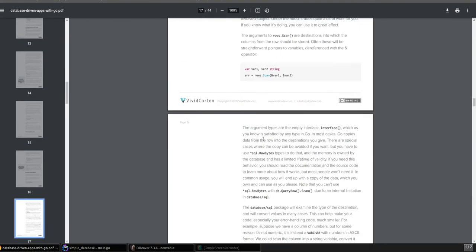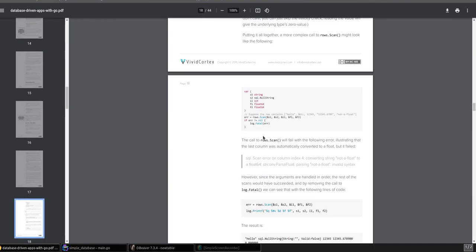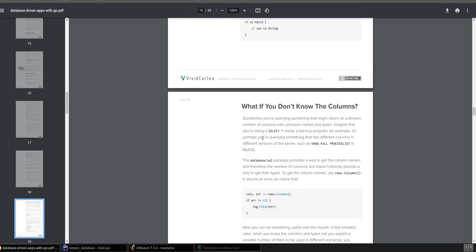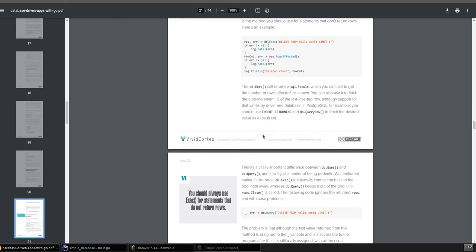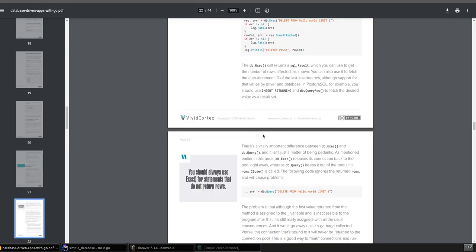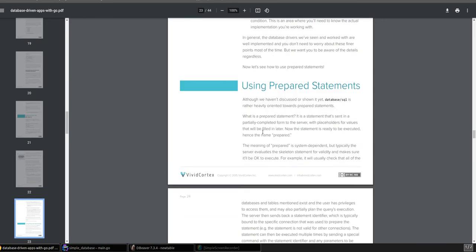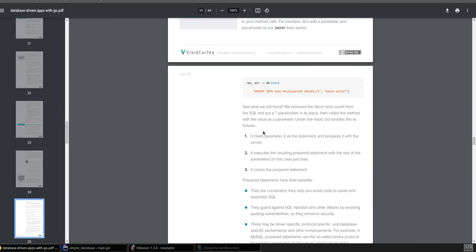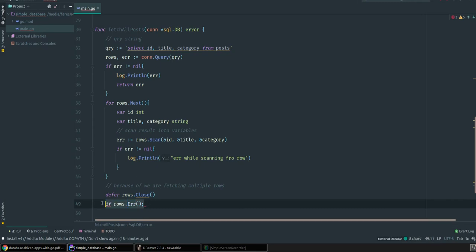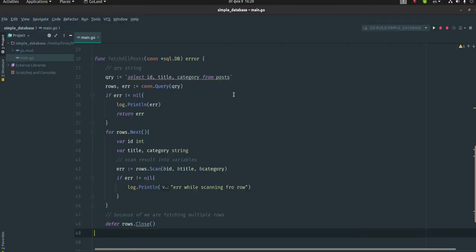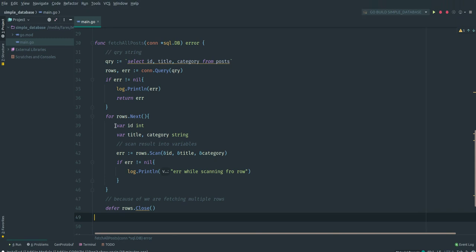None of rows, no. We don't need this. I just want to show you the errors, but anyway, we will not. So now